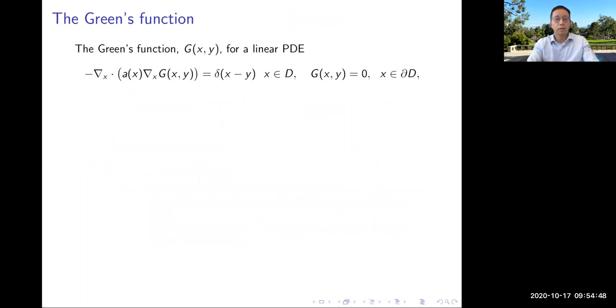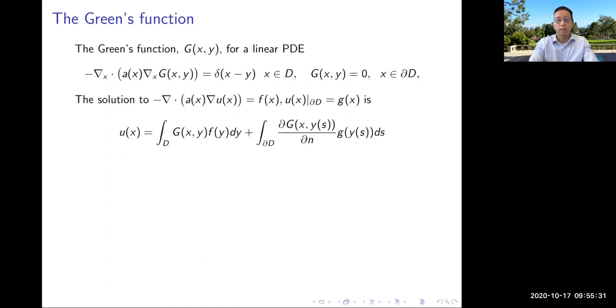So here comes the first key thing that we should be looking at. It's not very surprising: the Green's function, or the fundamental solution. If I give an impulse at location Y, what does my solution look like? You can think of the position of the source as the parameter, a parameterization of the family of solutions. You give me Y, and what does the solution look like in the whole domain?